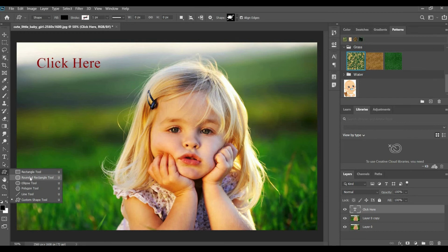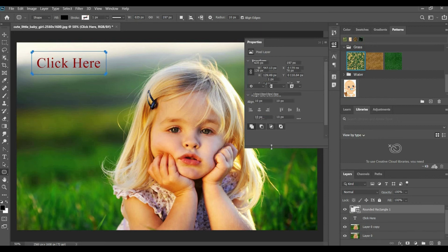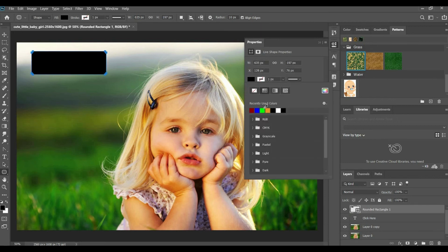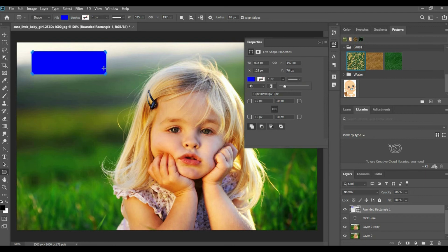Just I'm going to click on button. Okay, and I'm going to create a button with background color as blue with the stroke. Stroke means the outline of the box.